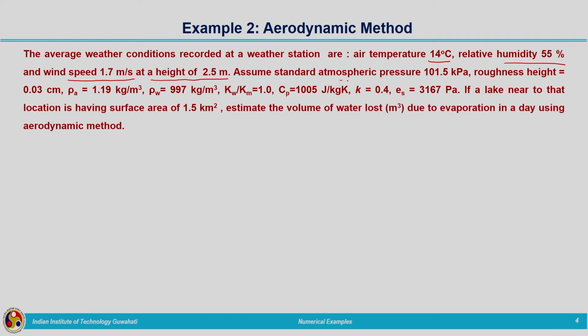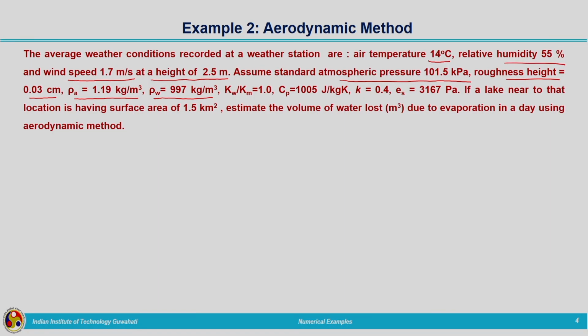Assume standard atmospheric pressure 101.5 kilopascal, roughness height 0.03 centimeter, density of air rho A 1.19 kilogram per meter cube, density of water rho W 997 kilogram per meter cube, and the vapor diffusivity